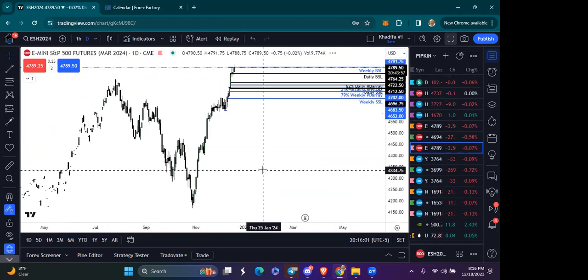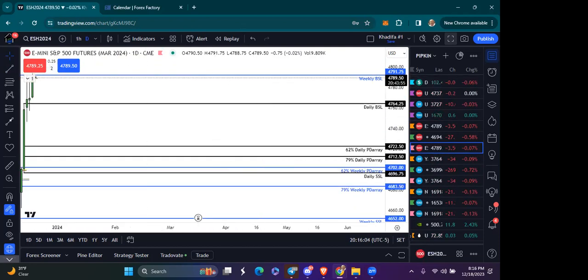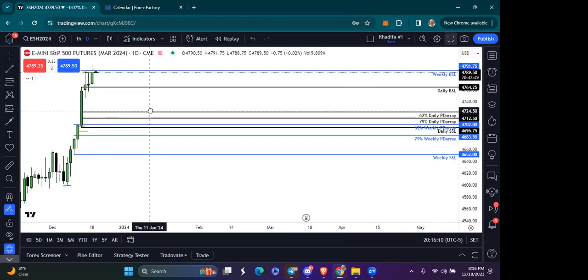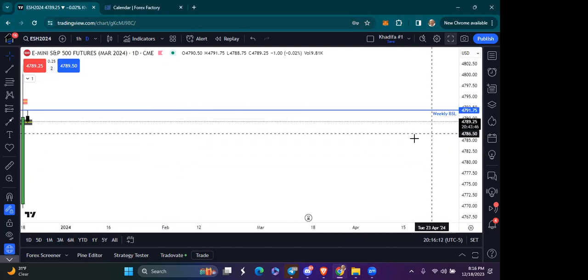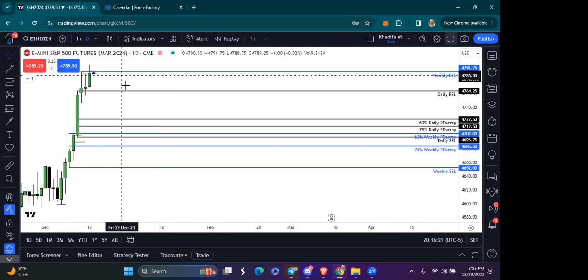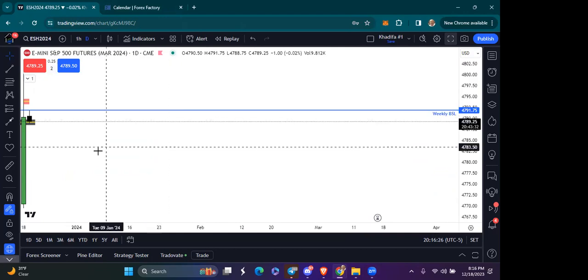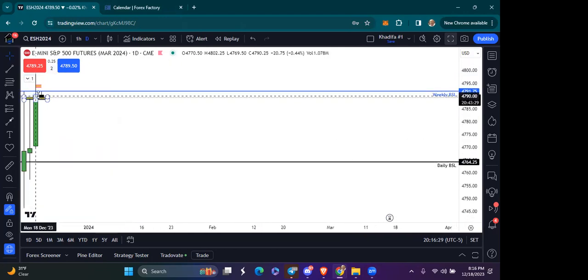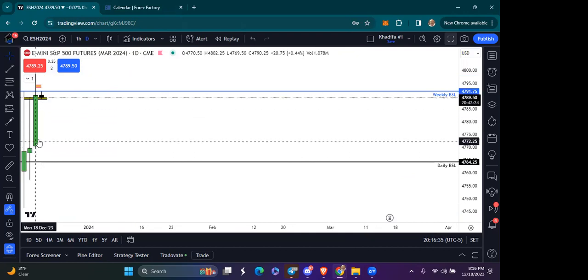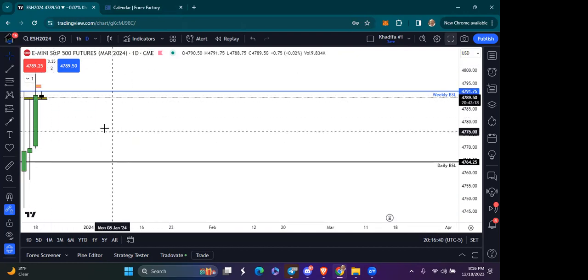Looking at futures, I told you guys that I was bullish futures on the pre-week analysis, right? I told you that I wanted to see us run the weekly buy side liquidity and come down, treat that weekly buy side liquidity as support to continue higher. Now today was a bullish day for us as expected. So I will allow for price to pull back down within the discount PD array level of today's price range before continuing higher.